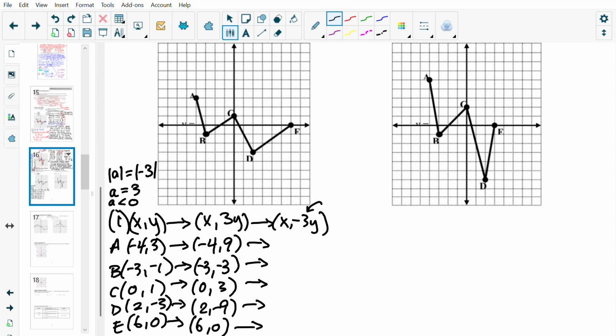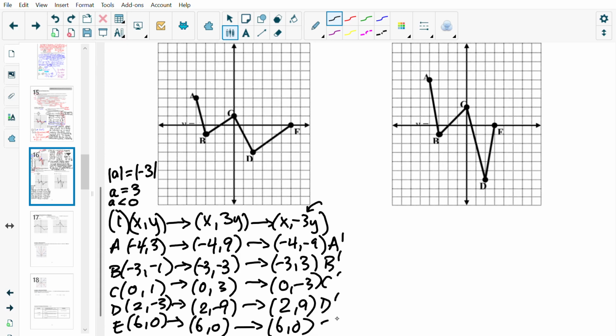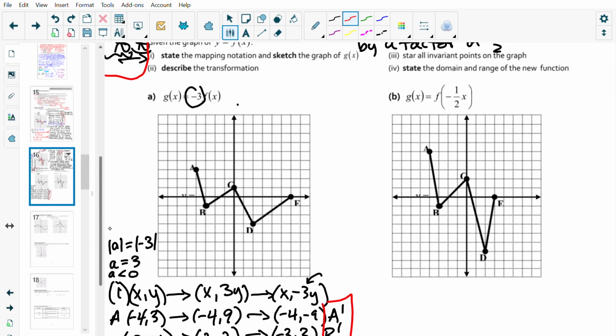Okay, and then remember, we're also doing a reflection. Well, which way? Reflected in the x-axis. Okay, so it's a vertical reflection reflected in the x-axis. So the y values are all going to be multiplied by -1. So -4, -9, -3, +3, 0, -3, 2, 9, and 6, 0. So I'll label these A prime, B prime, C prime, D prime, E prime, and then I will plot these